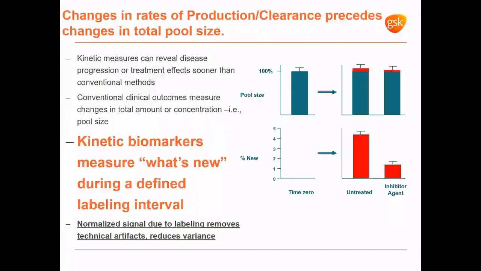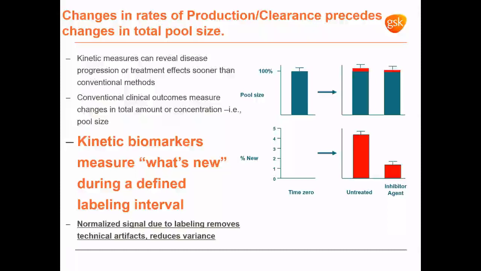You look for the biological system to evolve over a shorter duration of time. And importantly, we're only measuring the biological processes that are occurring in a very defined window of time. That means that we don't have to worry about all of the historical biology that's gone on prior to, say, if we're looking at the consequence of a disease process or a drug intervention or disease modification.